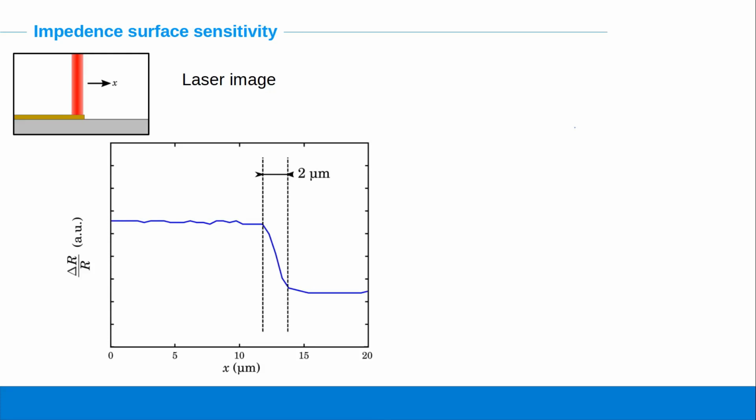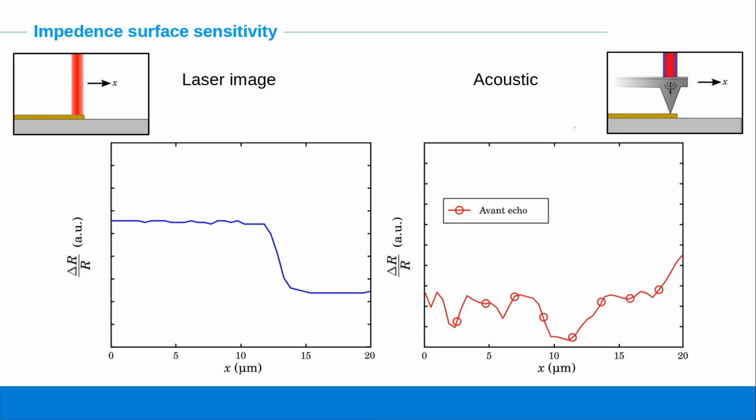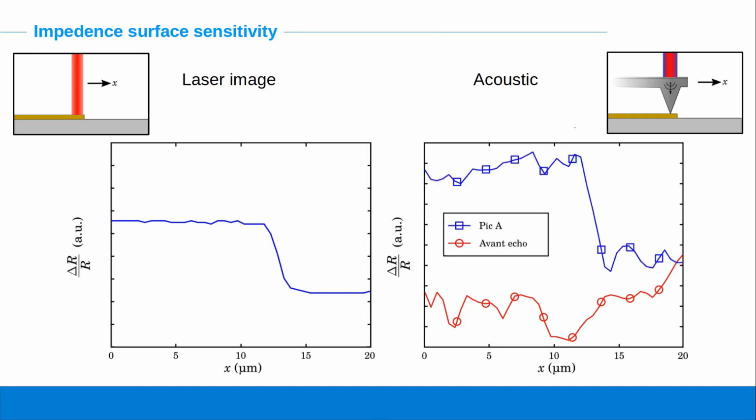Now we can follow a similar path using the AFM probe with the laser beam, and we look at the acoustic intensity before the echo associated to the longitudinal waves. In that case, we don't see any structures corresponding to going from one material to another. But if we look carefully at the time of the peak A, we see a huge drop in intensity, and we can find this edge again